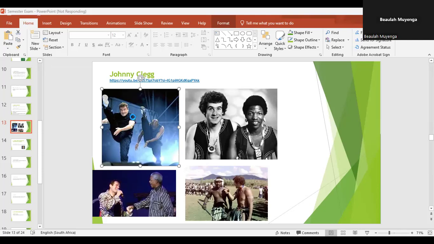So Johnny Clegg, while our server is trying to do what it needs to do best, he is a South African musician. However, what stands out from him is that he was collaborating with the Zulu musicians and representing the Zulu culture. He did research, he learned Zulu, he learned the tradition. By doing this, he did so just to,